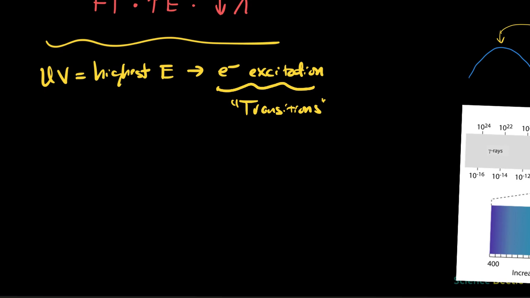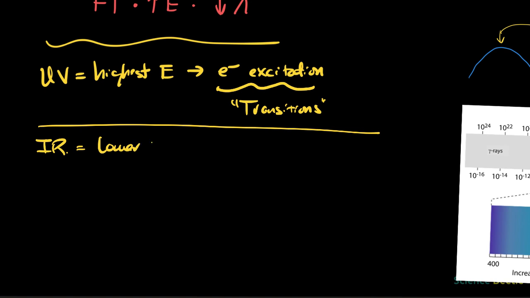Now, the other region that we were looking at here was the infrared region. So this is known as the IR region. This is a little bit lower in energy than the ultraviolet. And what's going to happen here is there's not enough energy for this particular wave to impact electrons to get them to go through a transition from one ground state to a higher level. So instead, since these types of energies are lower, what usually happens here is you're going to end up getting vibrations